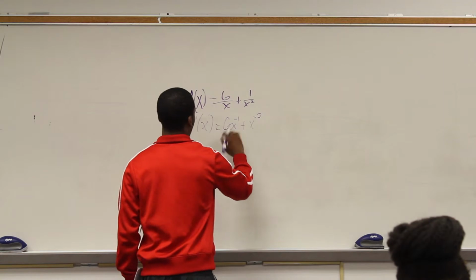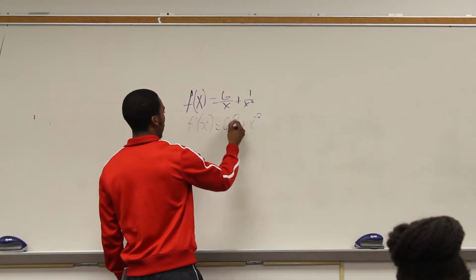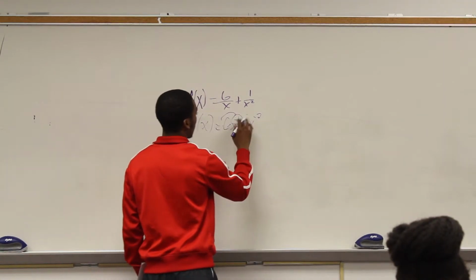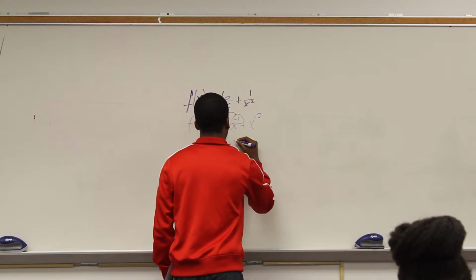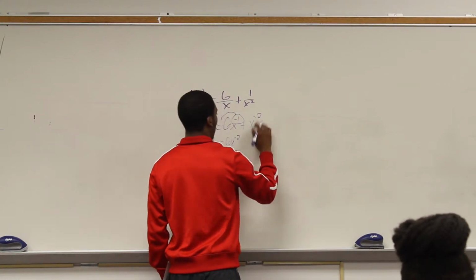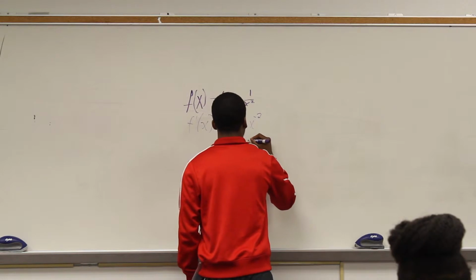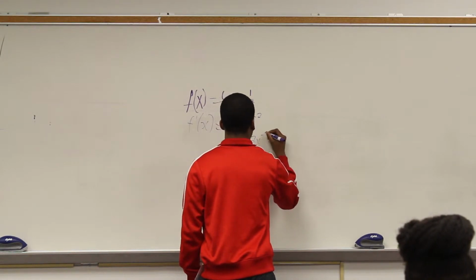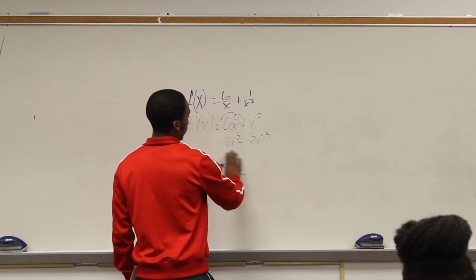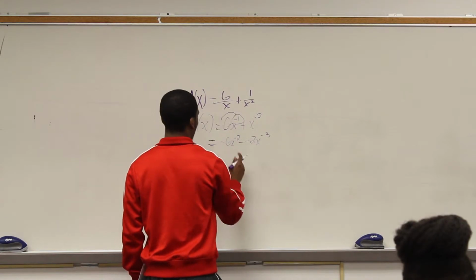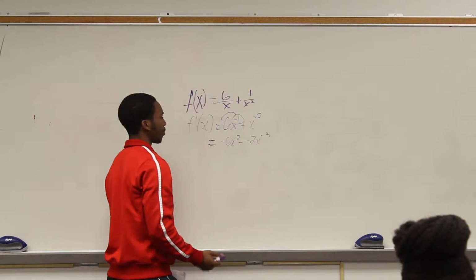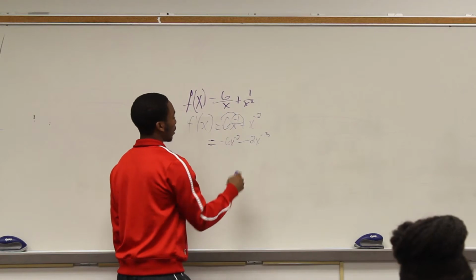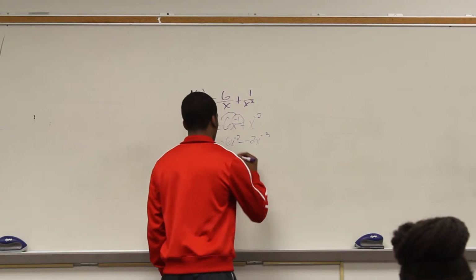The power rule, then the power rule, put this times this, minus 1. Power rule, same here. But the problem is they don't look like this. So you gotta bring the x back to the denominator, which is